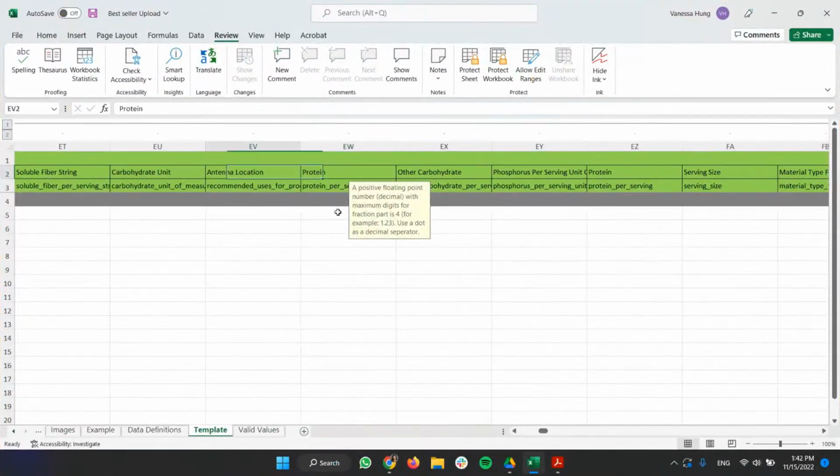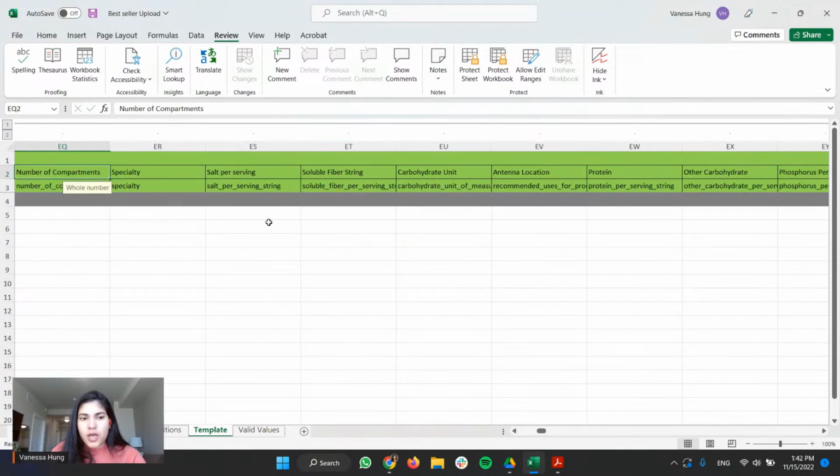This is not relevant for my product at all because it is a grill. But for example, specialty, I could see how specialty is an attribute that is relevant for my product. Why? Because I have a grill and my grill is for outdoors. So I could say that the specialty of my grill is that it's a grill for outdoors, right?